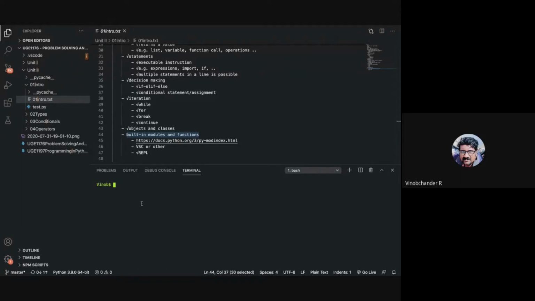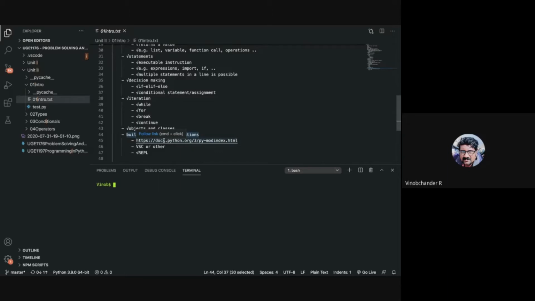Now, in order to see or explore what modules are available in the standard Python when you download and install it on your system, we have three approaches that we can use to refer to the different modules available and the different functions available within each. The first one is you can go online directly to the documentation page as shown here.